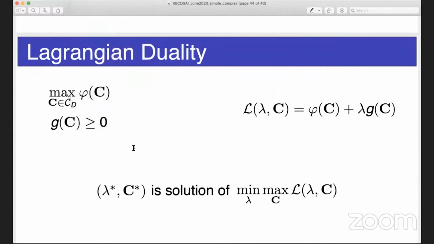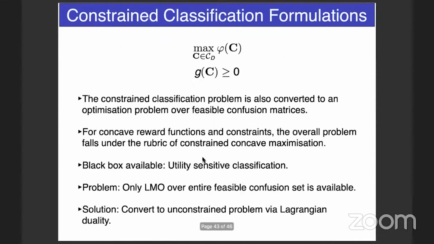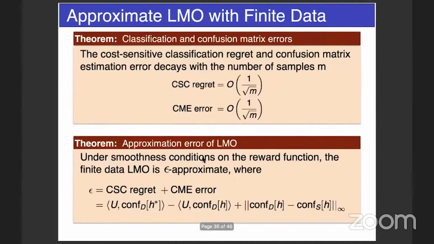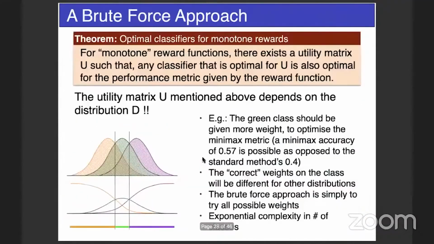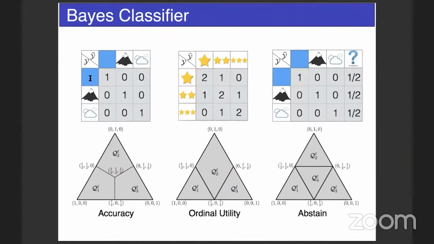Right. So this is actually a particularly simple problem because you can solve it using standard utility-sensitive classification itself. Let's go back all the way to utility-sensitive classification. Right. So instead of the sky, cloud, and mountain, imagine it's Korean, English, and Hindi. Right? We can have that Korean being classified as Korean is 1 point. Korean being classified as English is, let's say, 0 points. English being classified as English is 1 point. English being classified as Korean is, let's say,